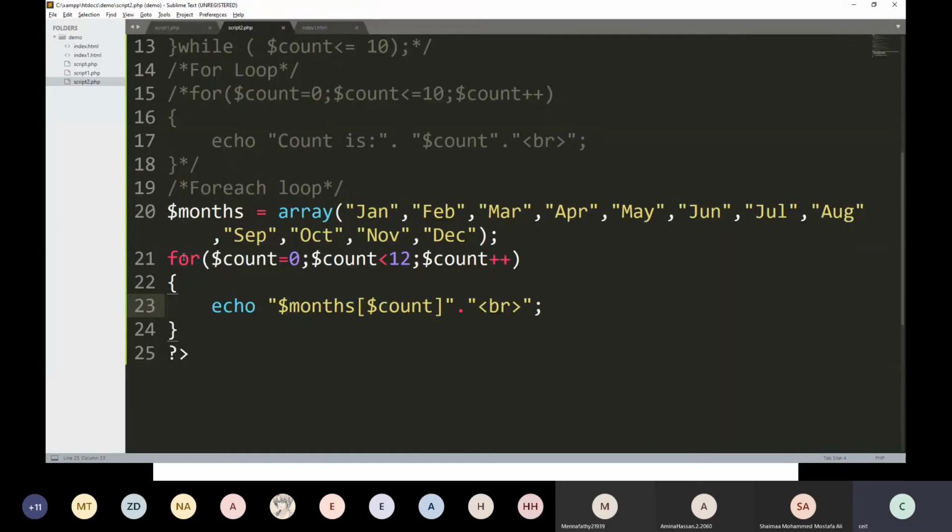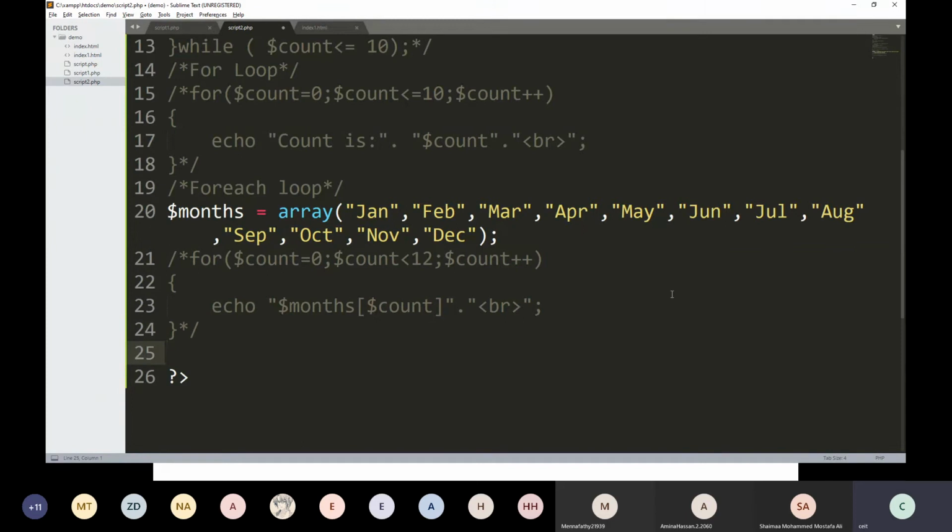It prints all the values in the array. This is the way you can use the for loop. There is another way to print these values using the foreach loop. See, this is the first way using the for loop.